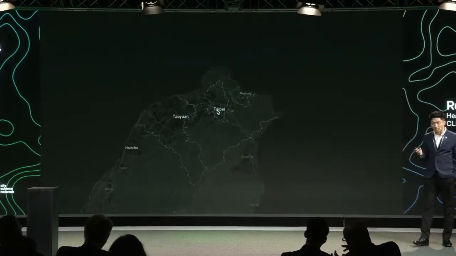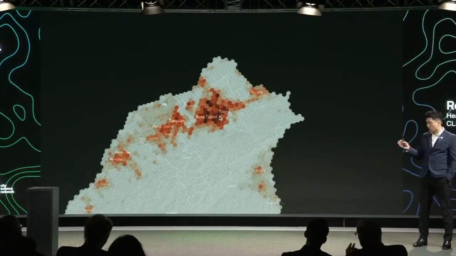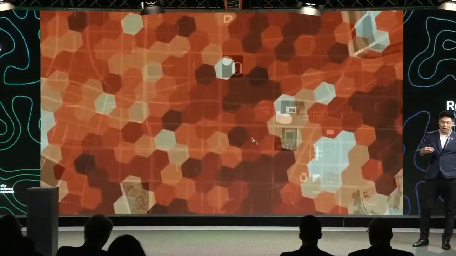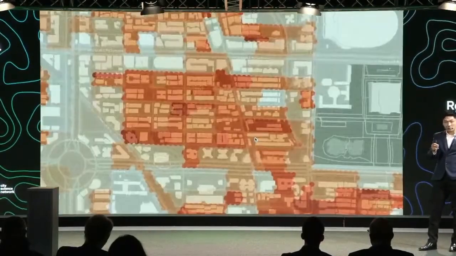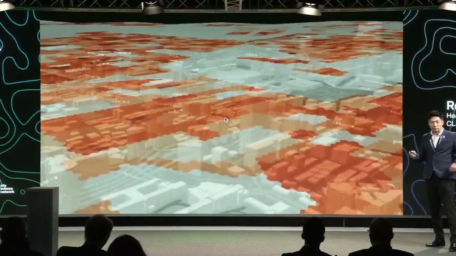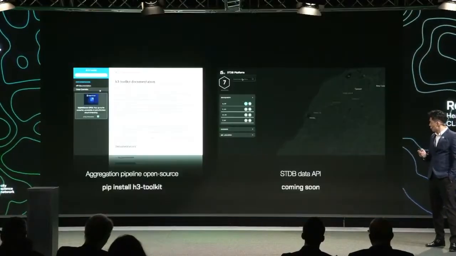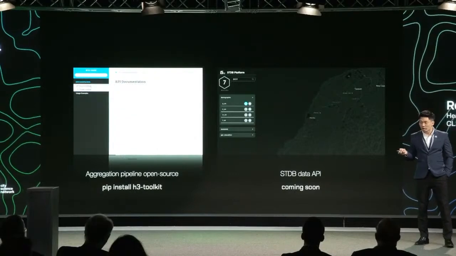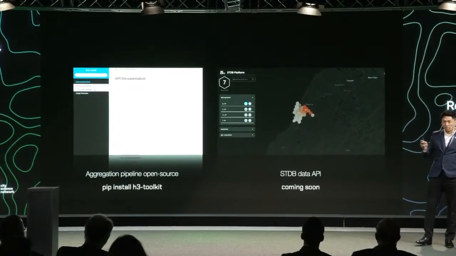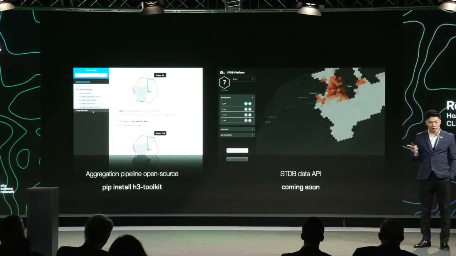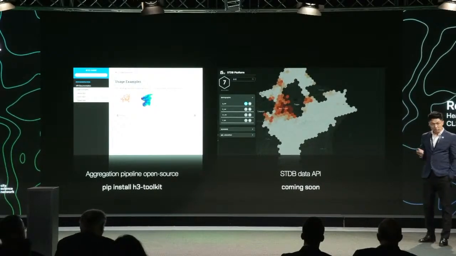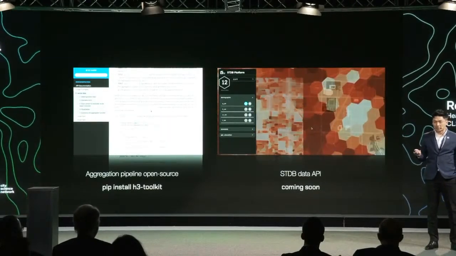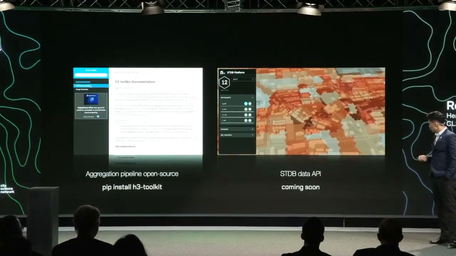This is a demonstration of the database. We divide the space into different cells, all the way from city scale to regional and down to the building level, or even interior level. All the attributes are aggregated in a uniform system. Since we built the pipeline, and spent quite some time building the structure, we want to open source that. You can literally install the pipeline tool in your Python, pip install H3 toolkits, you can do that. And we are also releasing the platform, hoping to empower other researchers or entities with aggregated data formats.